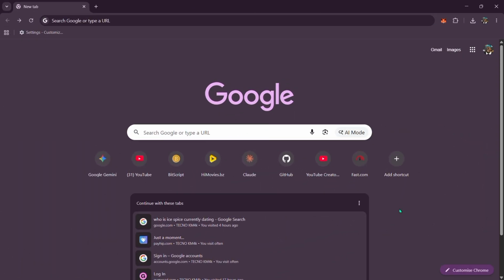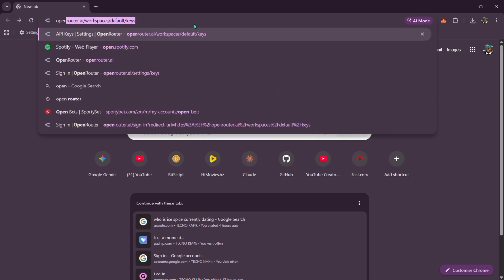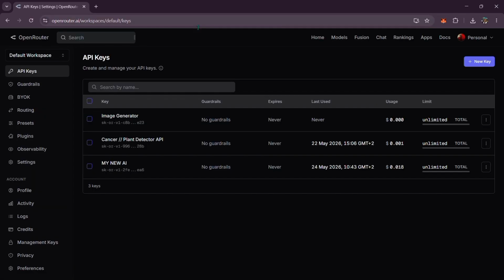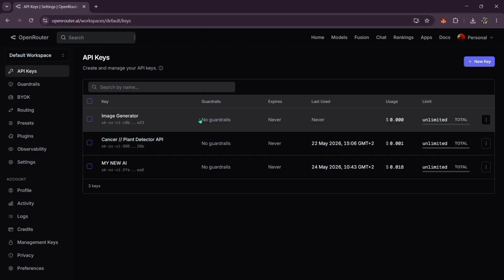Okay, so now that we're inside of another web browser page, what we're going to need to do is go to the OpenRouter website and go to our URL search bar right here and type in openrouter.ai/workspaces/default/keys. And you should be taken to this page right here that will show you a list of your previous